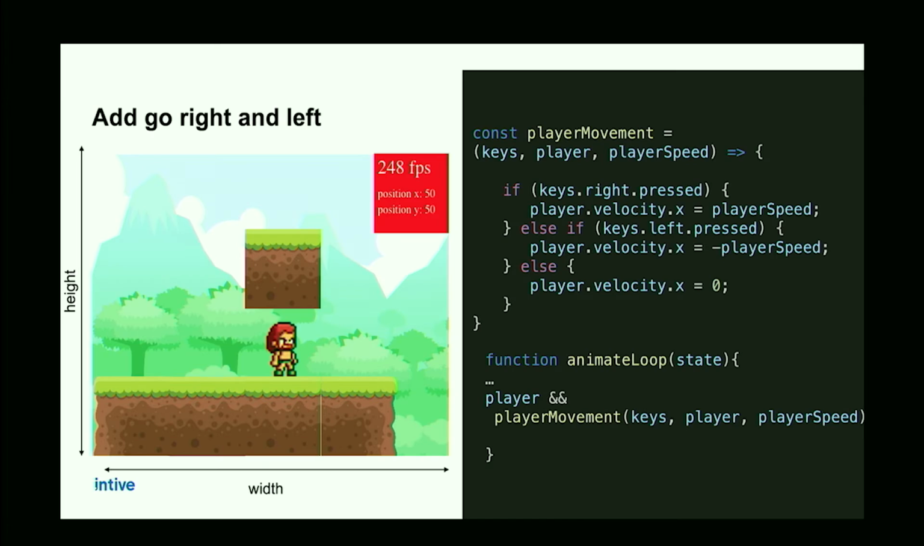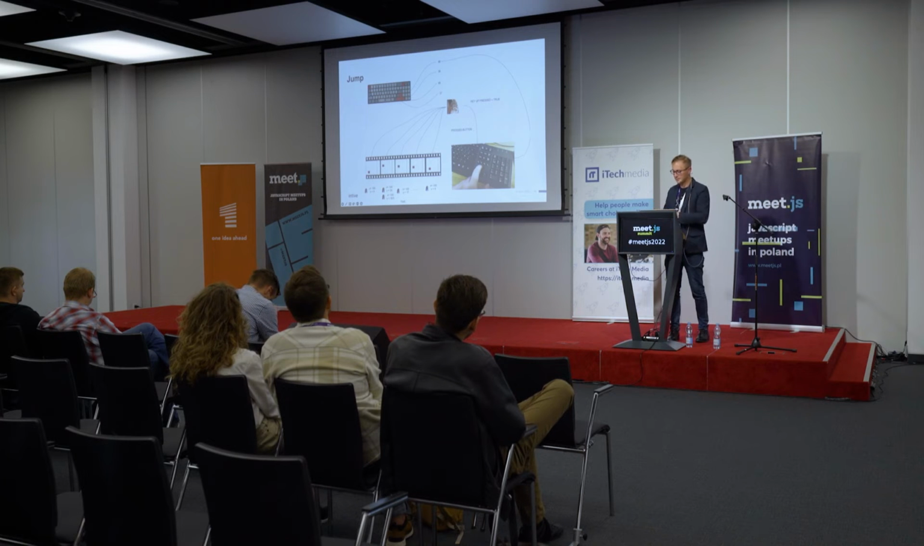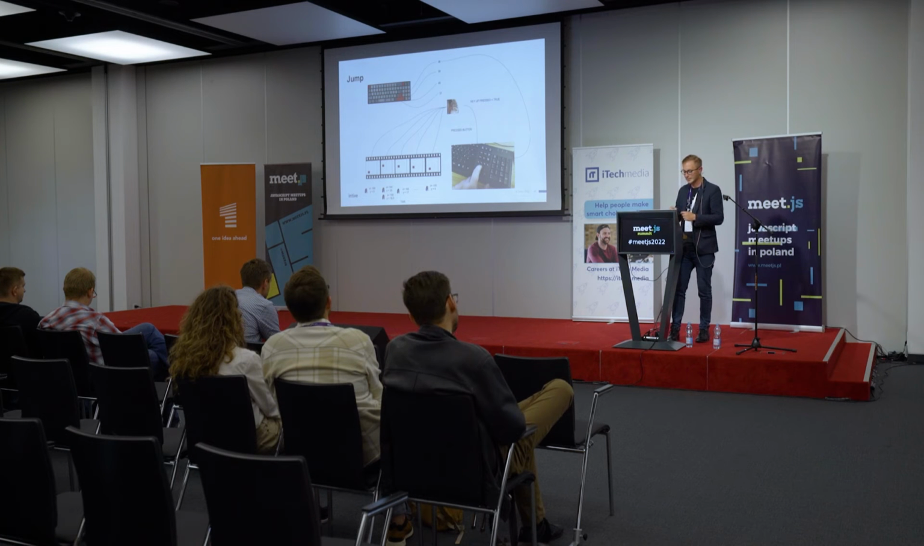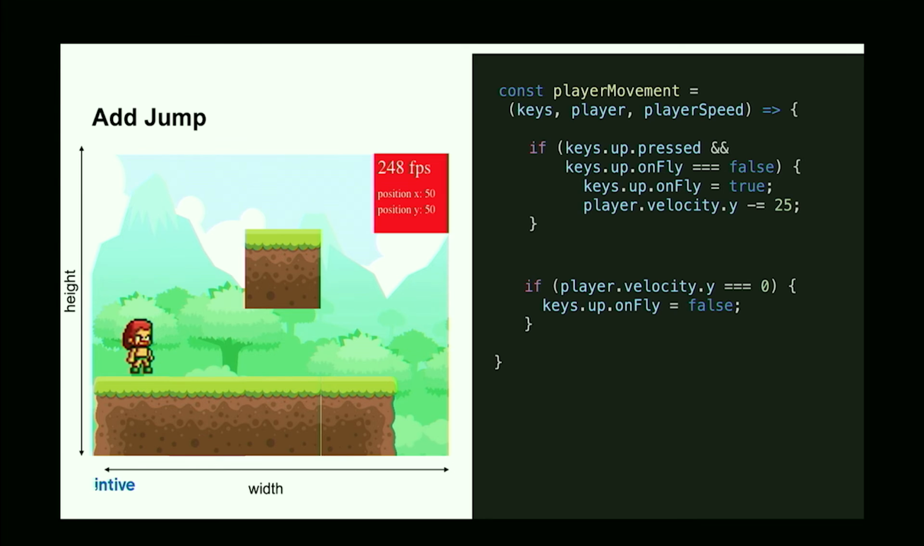So how can we handle the jump in the same way? We need to listen to the key up and add to the y-axis. We need to add in the next frame when we click up. Then in the next frame we need to add, for example, 20 pixels to the top, and the rest will be handled by the gravity which we implemented before. So let's try